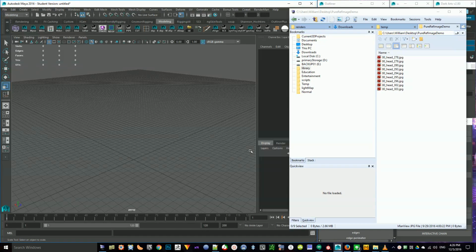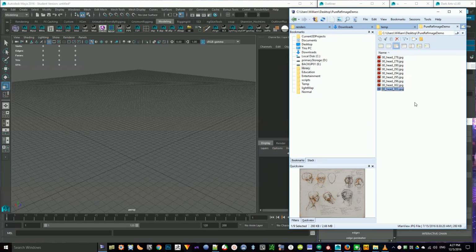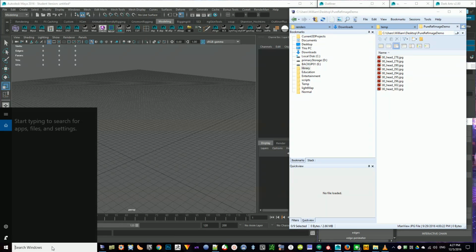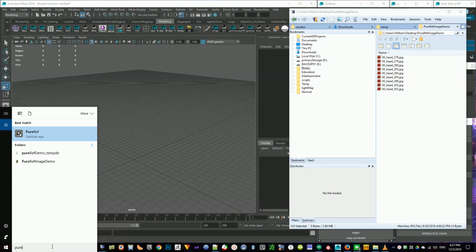Alright, so the next thing I want to talk about is a reference image viewer program. Basically, let's say that I have a folder full of images that I want to use for reference. There's a program called PureRef, which is very good for this. So if I launch it,